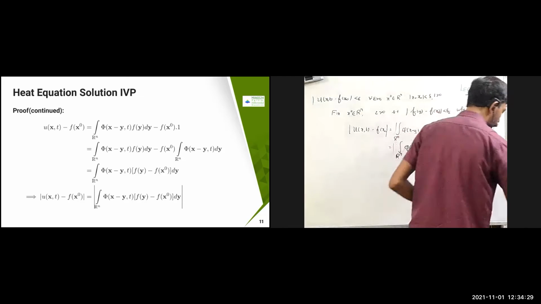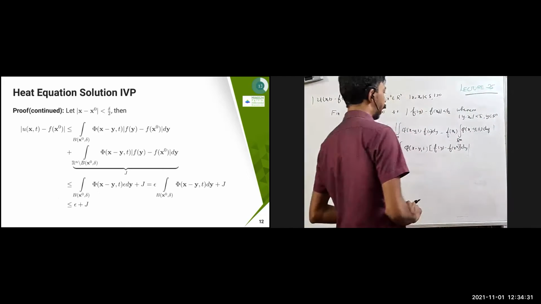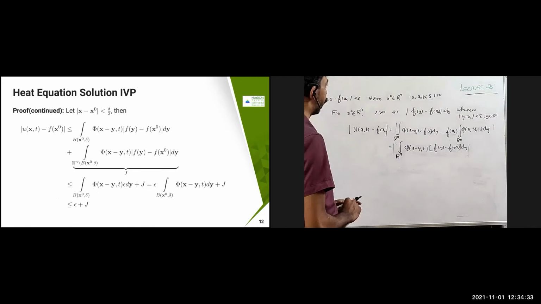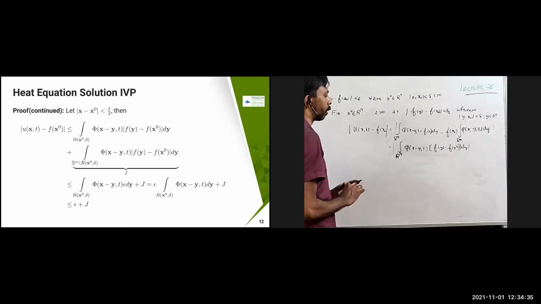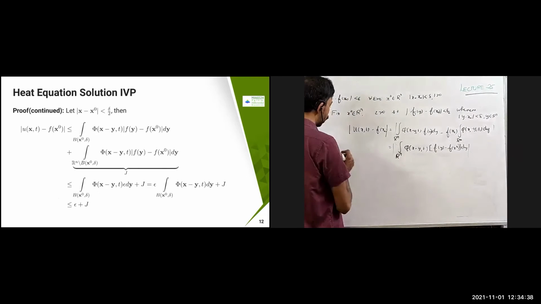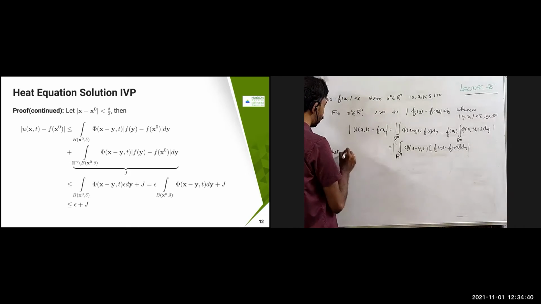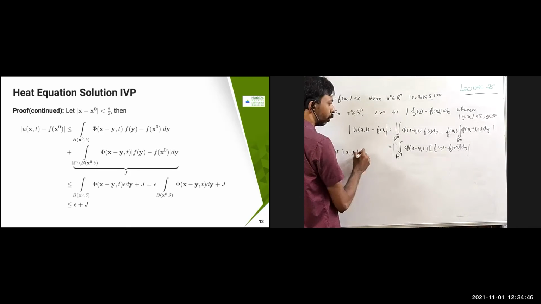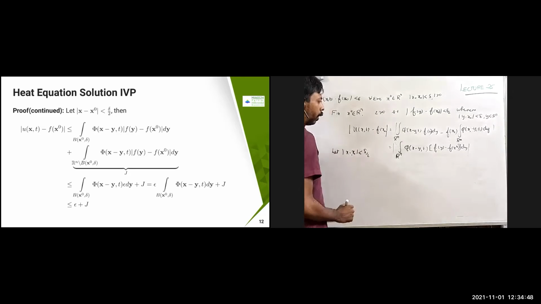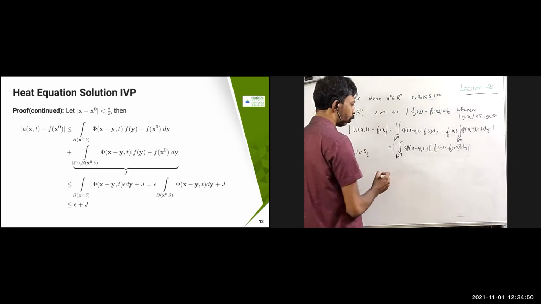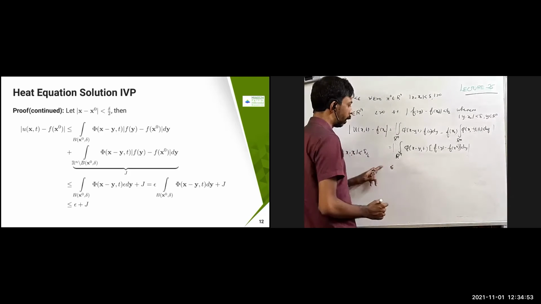So next, what I'm going to claim is that I'm going to take my modulus of x minus x naught less than delta by 2 and then prove that. So let us suppose modulus of x minus x naught is less than delta by 2. Then what is going to come? This is going to be less than or equal to,